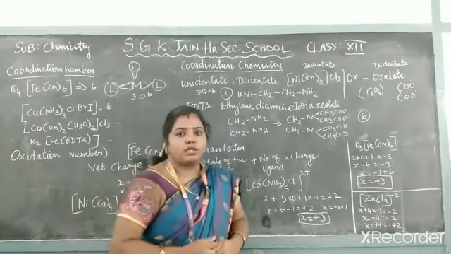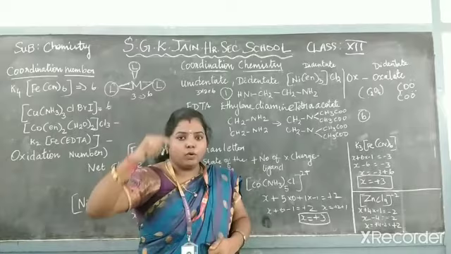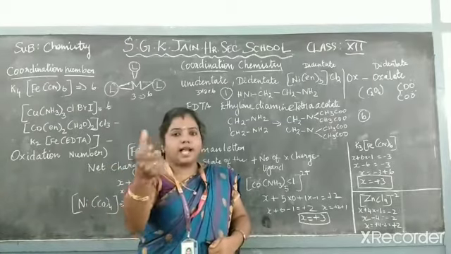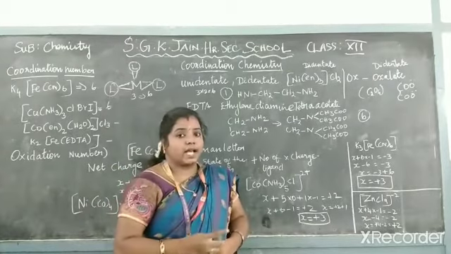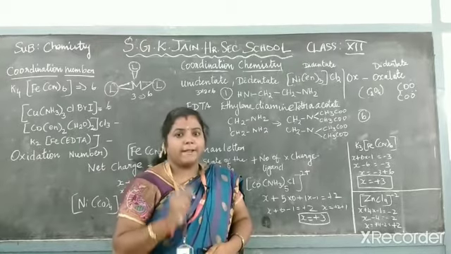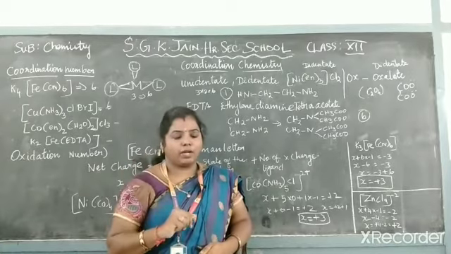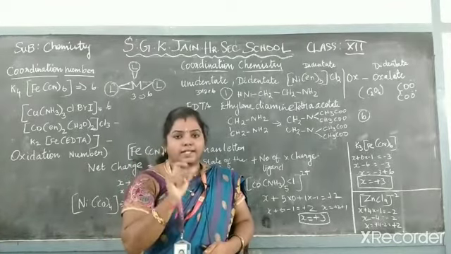Next, acetic. You know the formula for acetic acid, CH3COOH. You have removed that H, so it is the acetate. How many acetates are there? Tetra, 4 acetates are there. What is the formula for acetate? It is derived from the acetic acid only. So tetra means 4 acetates are there.